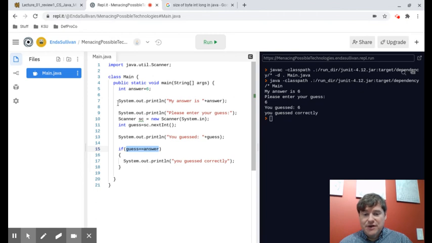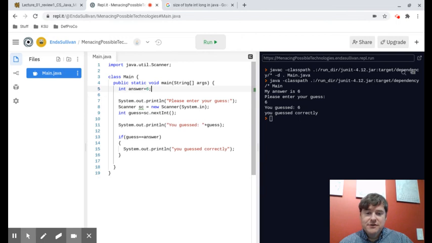I'm going to take out the fact that it's telling you the answer up front because that kind of takes the fun out of the game, really, doesn't it? All right. So let's use an else if here. Perhaps we might want to tell the user whether they were too low or too high. So let's say this is going to be an else if